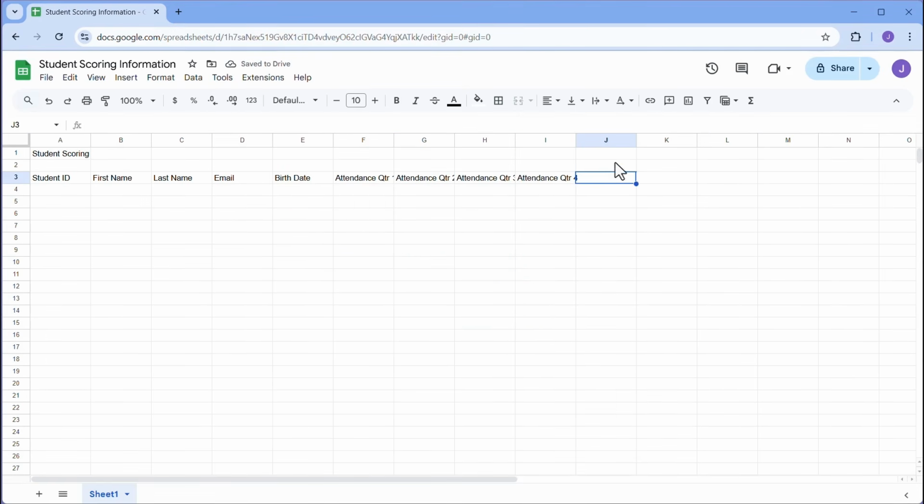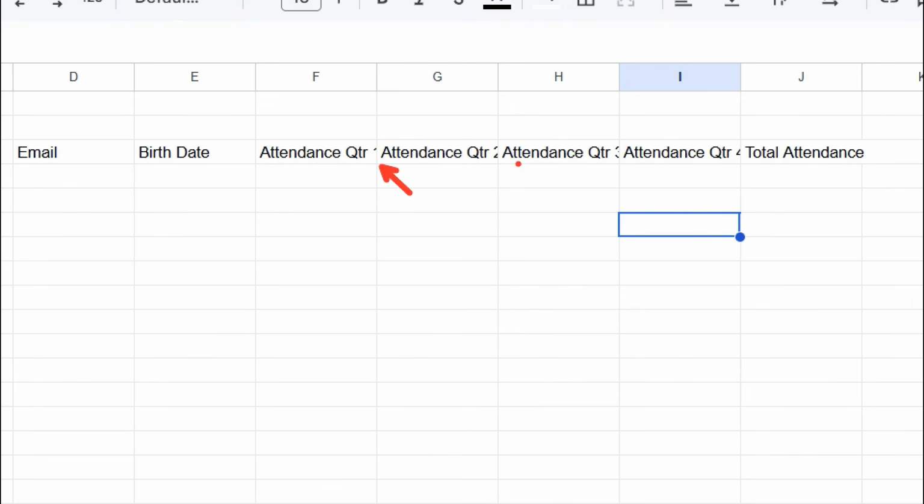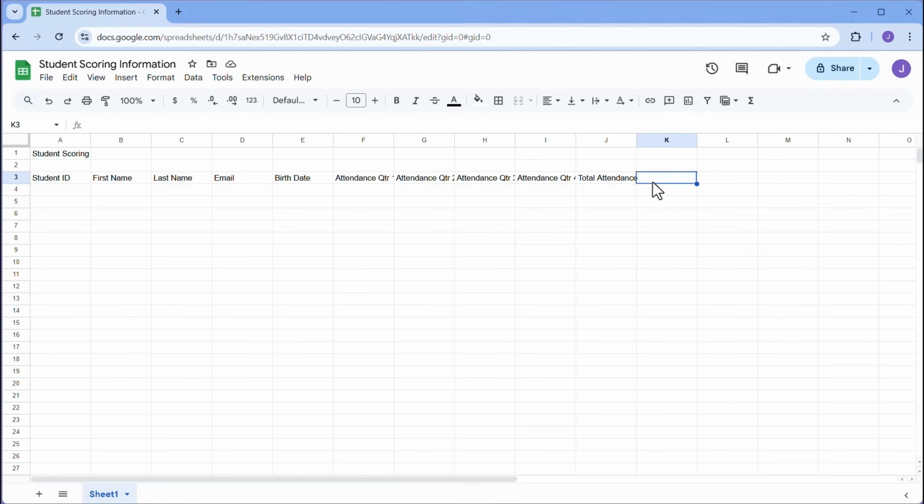Next up, we're going to put into column J3, we'll do a total attendance. So we'll just say total attendance. And you might notice as of right now that we're cutting some stuff off, right? We're cutting off the 1, the 2, the 3, and now the 4. We're going to talk about how to fix that in a second, but let's put in the rest of our